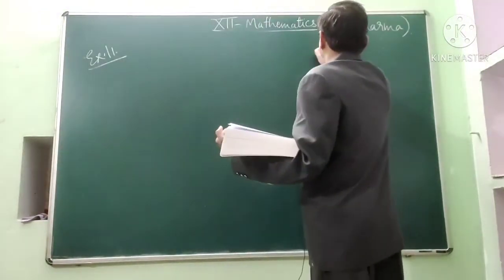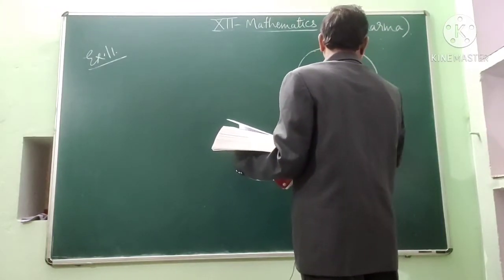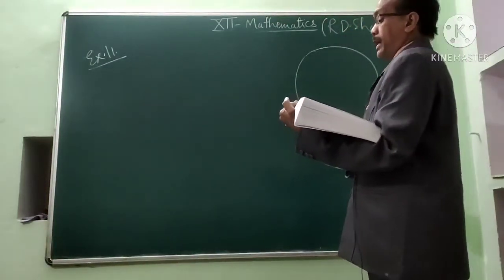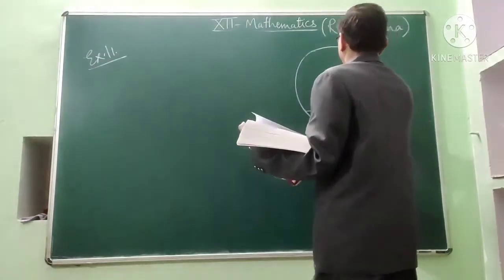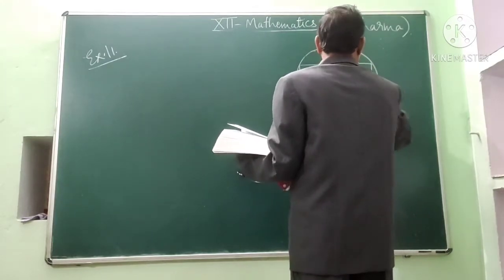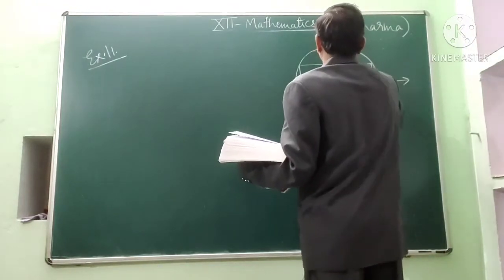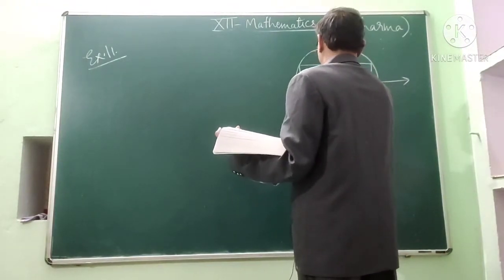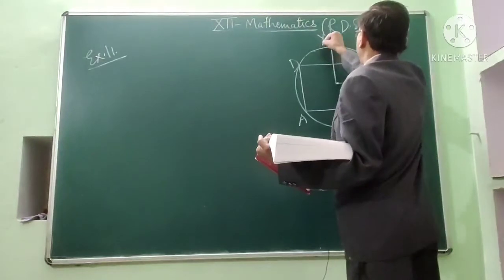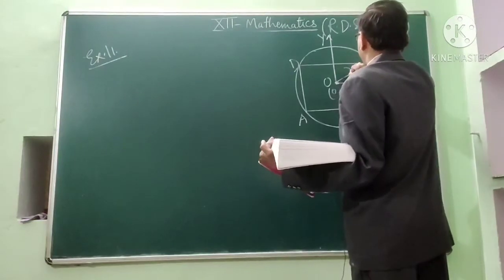So there is a circle. All the rectangles inscribed in a given circle. We have to prove that when this rectangle is a square, then it has maximum area. It is A, B, C, D. This is the x-axis, that is the y-axis, that is the origin, coordinate (0, 0). The radius of the circle is given, it is r.